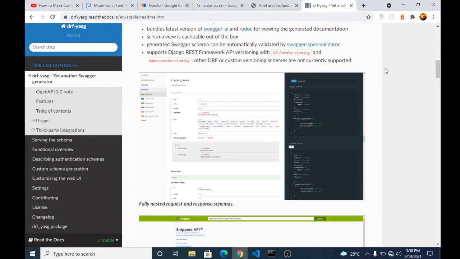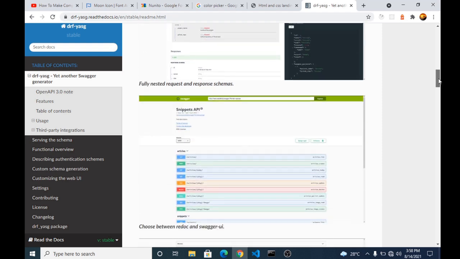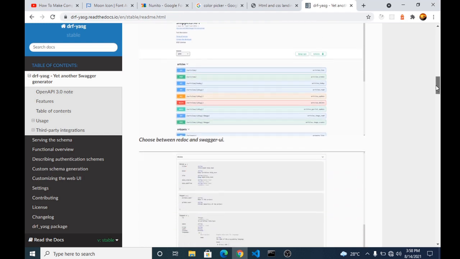Alright, so if you go through the package, you can see the different things you can actually do with this package to implement documentation. So I'm going to be showing you how to do that now, and then we'll be using the Swagger UI because it looks a bit cooler. Alright, so this is actually the Swagger UI. We'll be using this